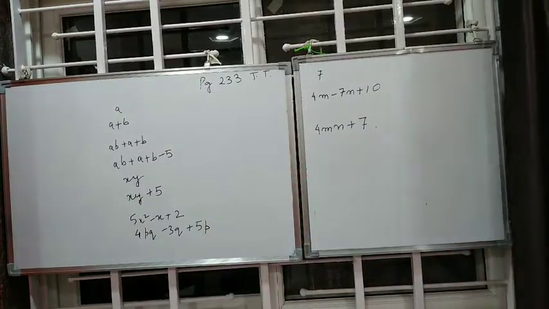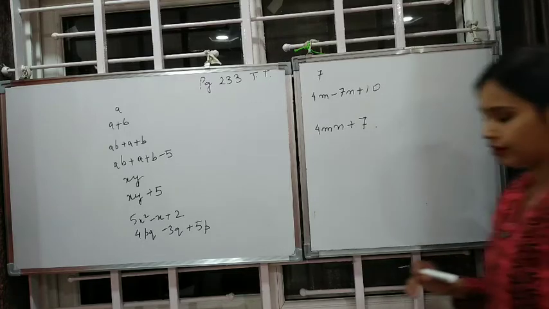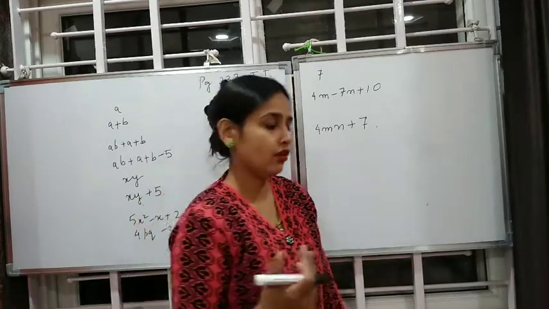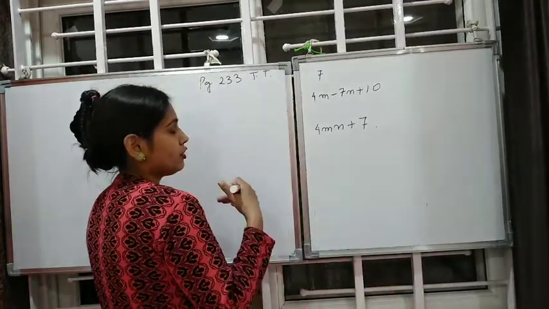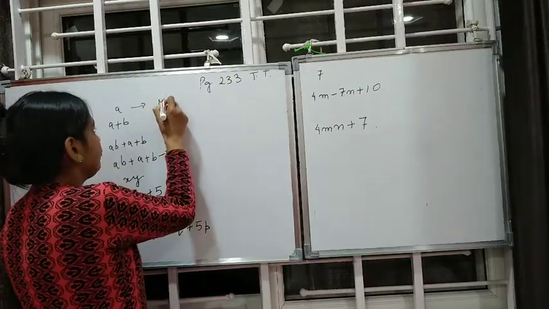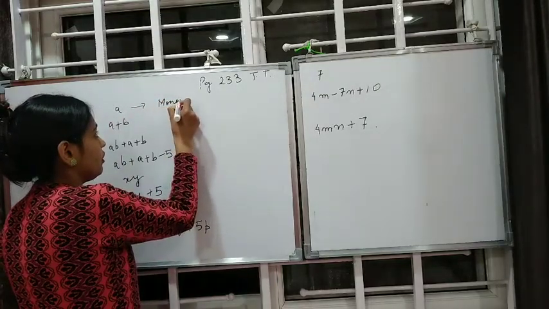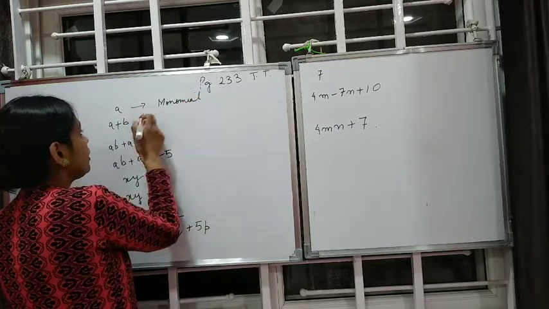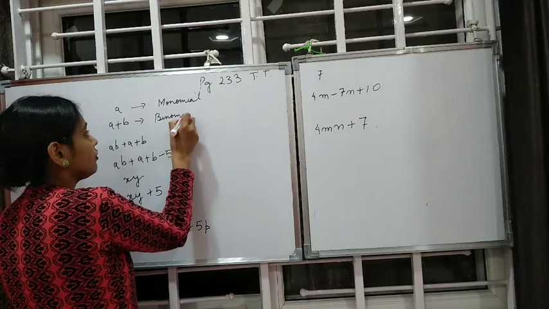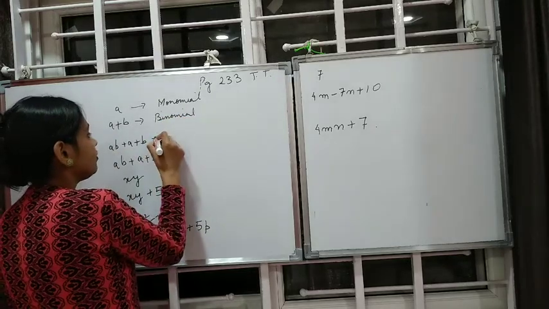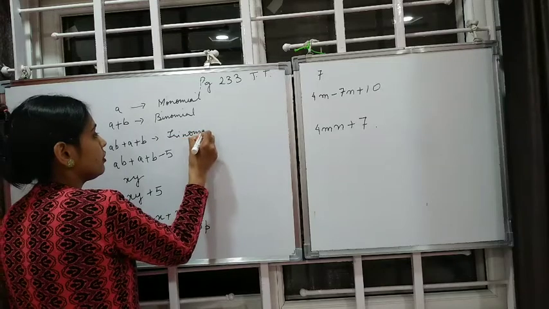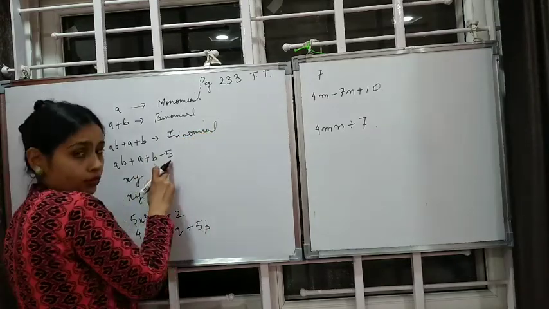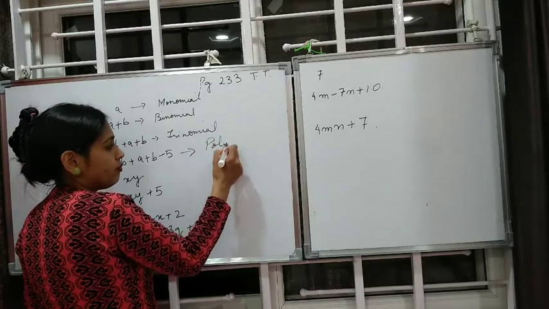Here children, we count the number of terms and accordingly we will write whether it's a monomial or a binomial or a trinomial, and if more than 3 terms then it will be considered a polynomial, where monomial, binomial, trinomial also in general are considered as polynomial. So starting with the first one, 1 term, so monomial. 2 terms, binomial. 1, 2, 3 terms, trinomial. 1, 2, 3, 4, more than 3 terms, polynomial.